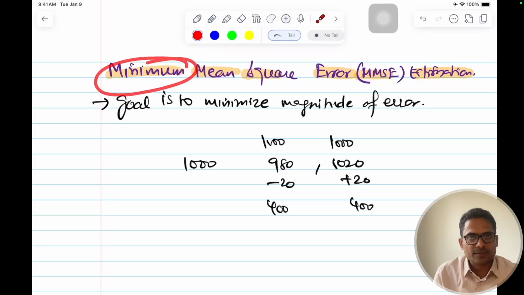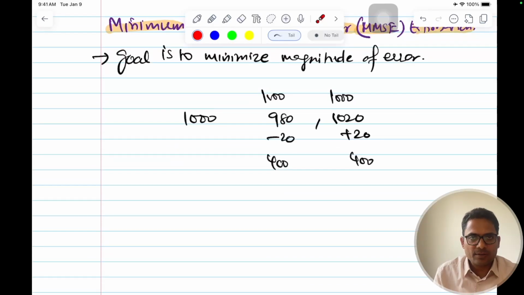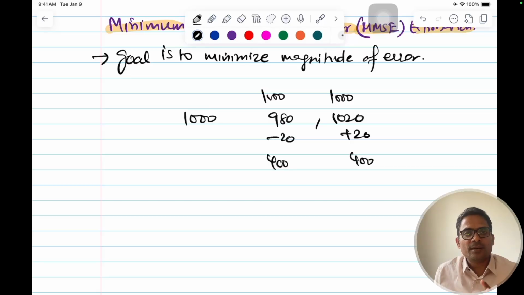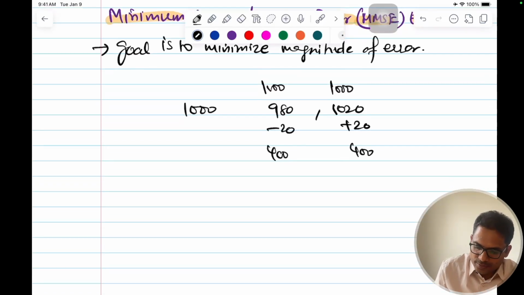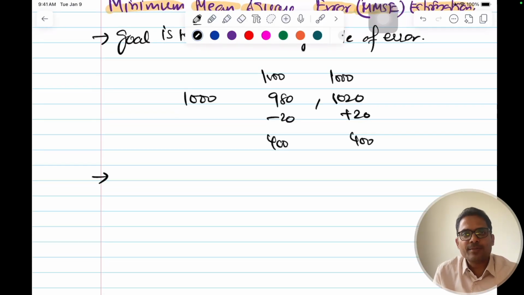And we have to minimize this. Here again it's the same thing: we are estimating the parameter, and we have to minimize how much error we are making in the estimation. If I have the parameter of the distribution of the data, the net error should be minimized. That's the task. So what does MMSE do? It minimizes the